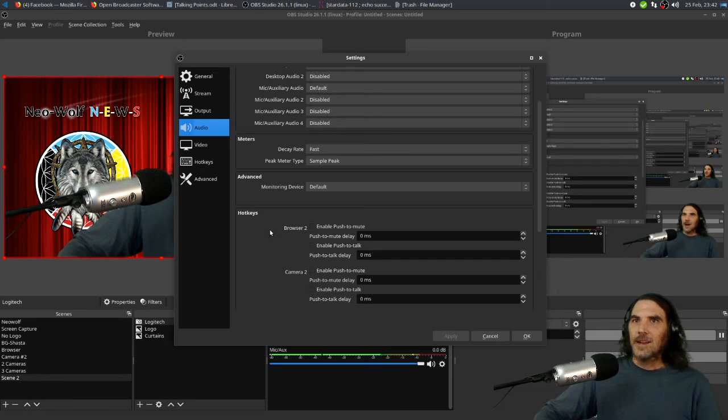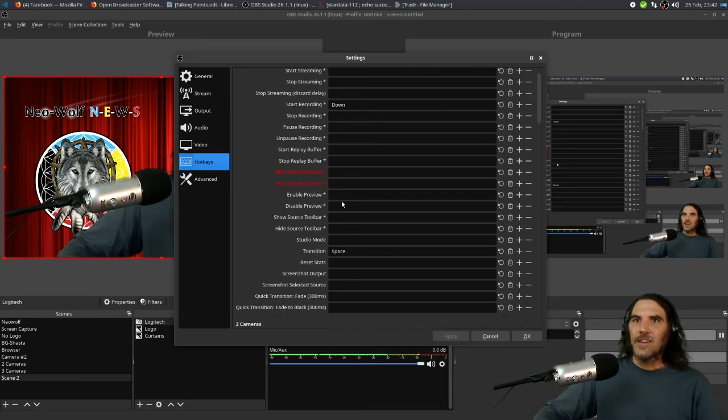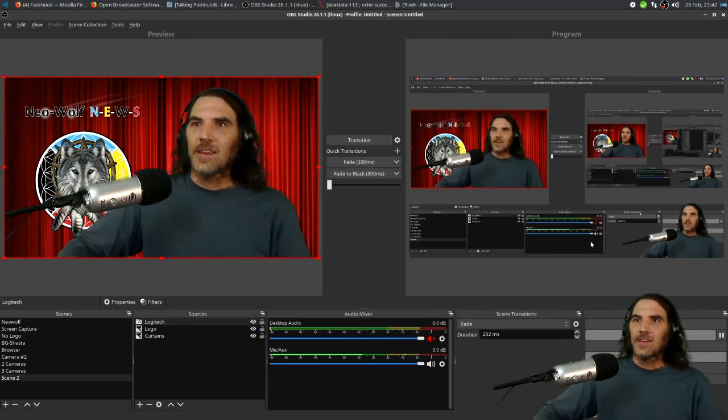And there's even some hotkeys. And if we go down to the hotkey, you see that you can set your hotkeys for various functions within the OBS Studio software. So these can be quick ways for you to activate the various functions within the OBS Studio software. So I'm going to close out of this and I'll transition back